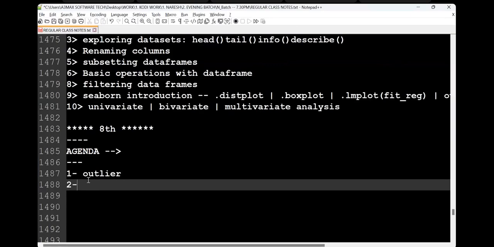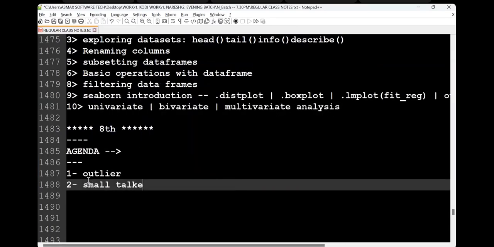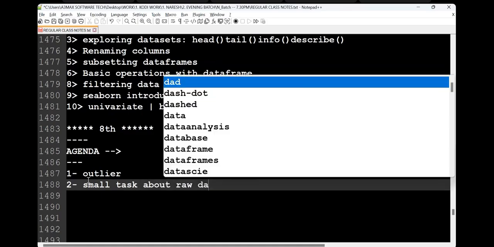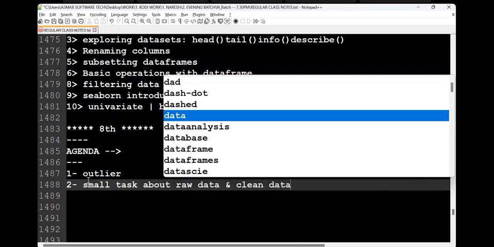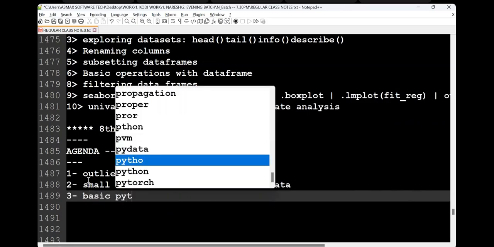I will explain it today. The second, I want to give you a small task about raw data and clean data. And then we start working from basic Python.